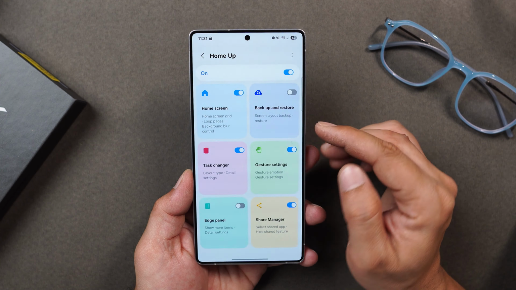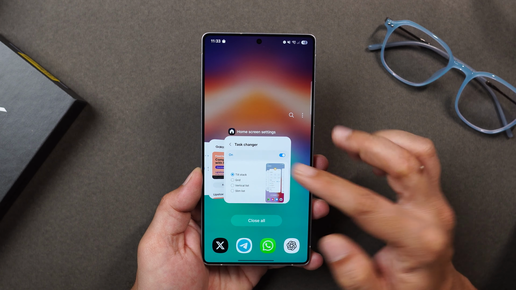You can use it in the mini window, and center the current running application. You can also add an app label and enable the search bar. Once all these options are enabled, let me show you how it looks. So if I go to the recents page, this is how it looks. You have the search option, and now the recents apps are present in the mini window, or you can say